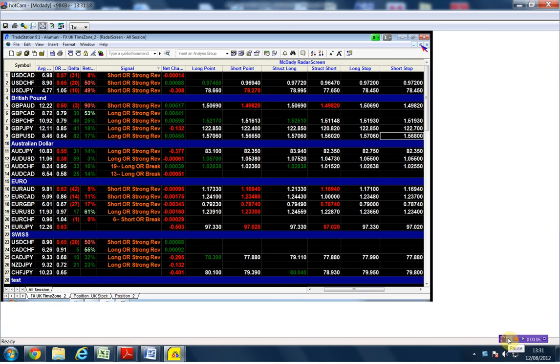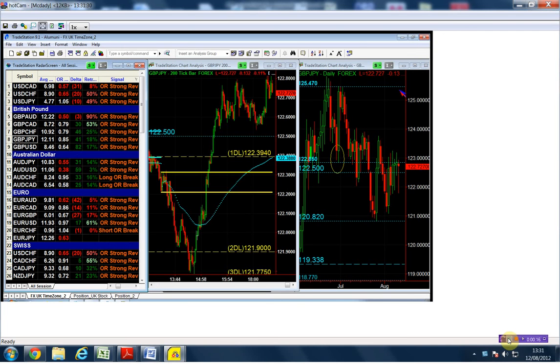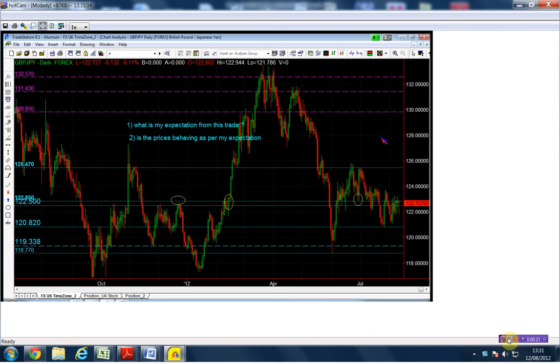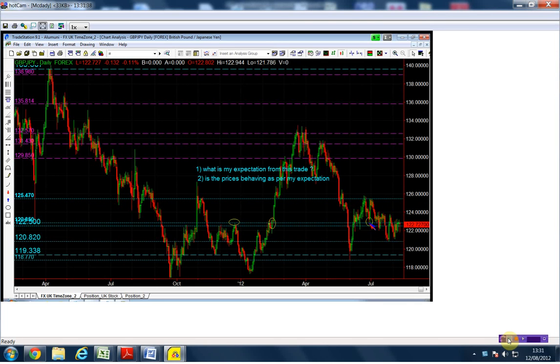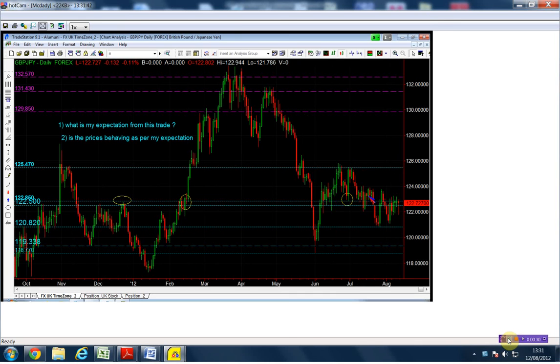On the pound yen, on your daily chart, this is what we have. The trend is down, the market is pushing down. We have a very big structural point here, which is the 122.85. The 122.85 is a very important structural point, and if you can see, all of last week,